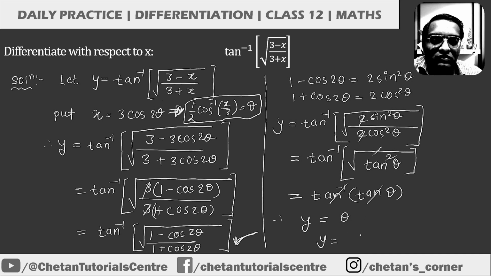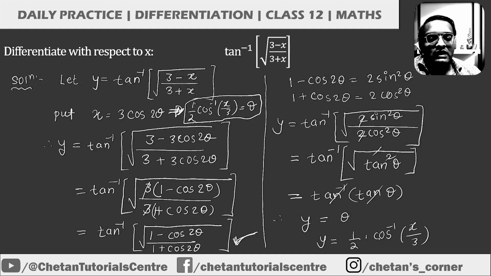y is equal to 1 upon 2 into cos inverse of x upon 3. So in this way, I have reduced this given function to 1 upon 2 cos inverse of x upon 3. How I have done this? Let's see. Now,